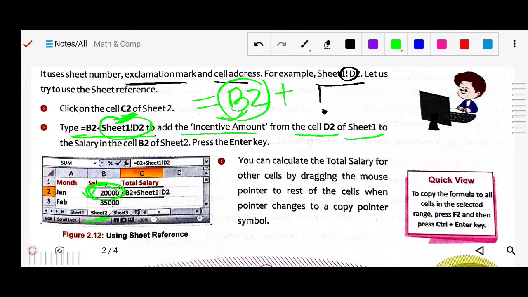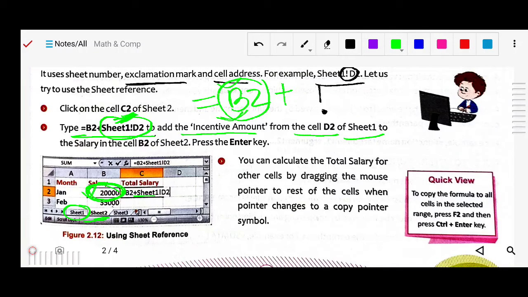This B2 plus means in addition we are using two quantities, and we have to add two quantities. One quantity is B2, means this 20,000, plus Sheet1 exclamation mark D2, means I am giving the direction, you go to Sheet1.